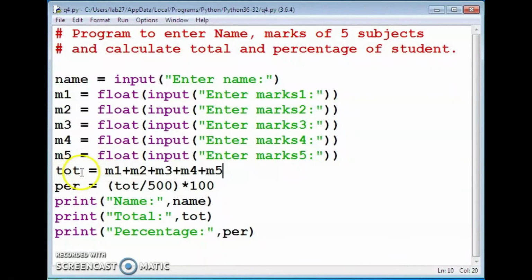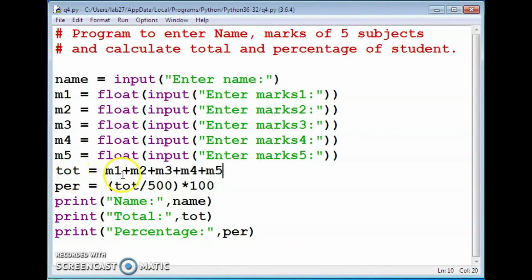Okay. Then how can we calculate the percentage? That is PER is equal to tot divided by 500. That is 5 subjects. Each subject mark is out of 100. So 5 subjects, so 500 is the total. Obtained mark divided by total mark into 100. In this way, we can calculate the percentage.